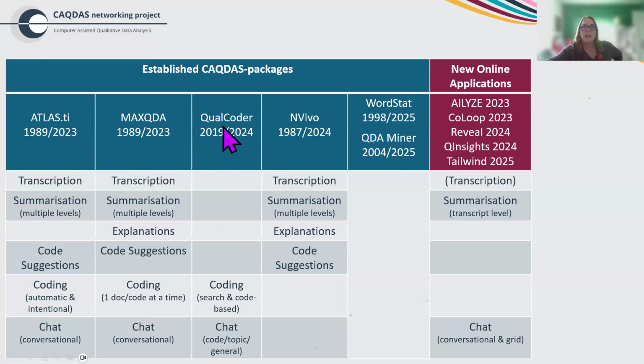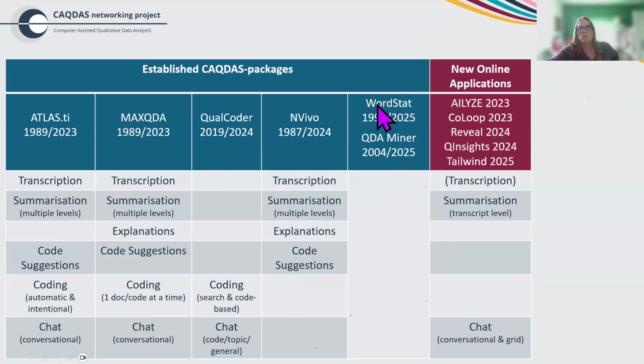Most of these here, these four, have some similarities, but also some differences. I'm going to take you through each of these and show you some examples in a moment. WordStat came out very recently with its generative AI implementation, which it's done in quite a different way, and I haven't mapped that on this diagram for today's session. They are intending to bring in some capabilities for QDA Miner, which will be more equivalent, I think, although I don't know, to these, because QDA Miner is the qualitative module that comes from Provalis Research in Canada, who develop both of these tools.